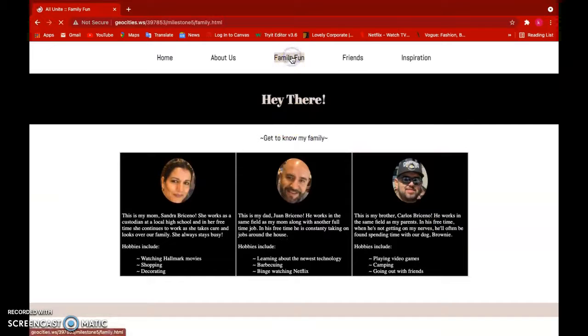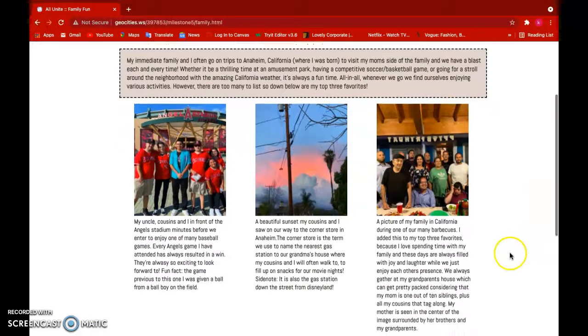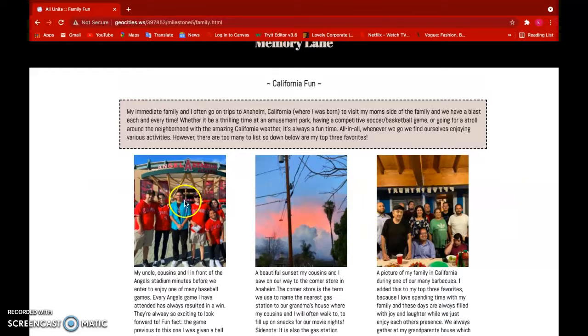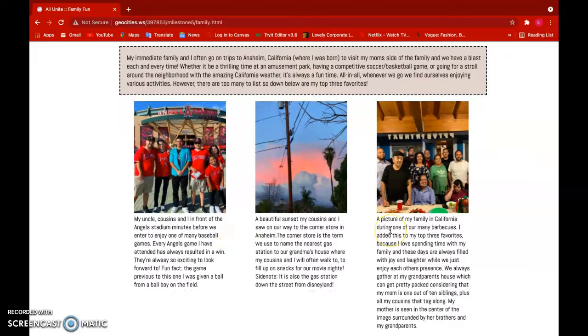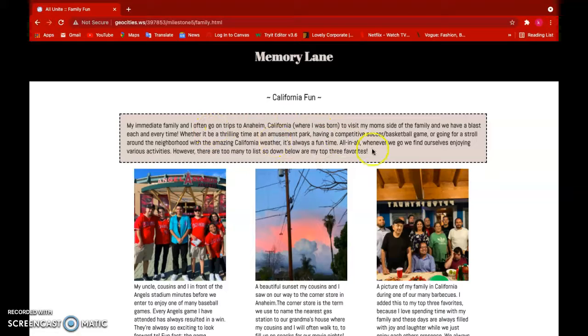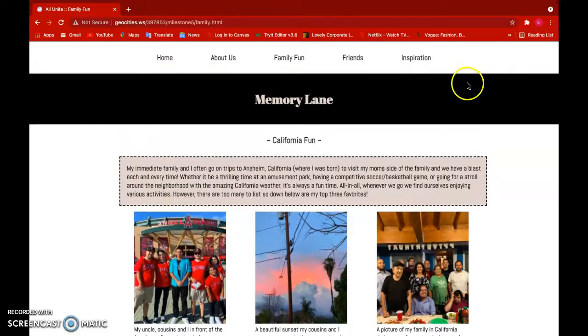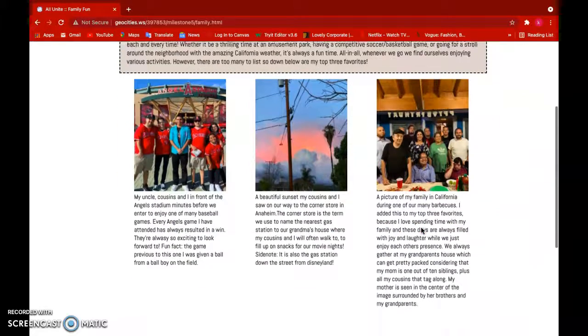Moving on, the family fun. Again, I believe this is a flex item. Yes, it is. I was able to figure out the alignment of it all, and that was really fun to do and a proud moment of mine as well. This matches my paragraph, which is seen in my homepage, and I made sure to keep those elements the same. And again, that dash border is for contrast with all those square and sharp shapes that are coming through, which are really fun to look at.